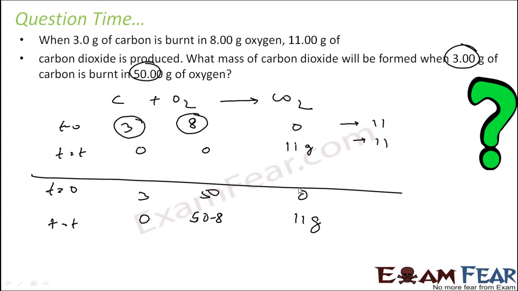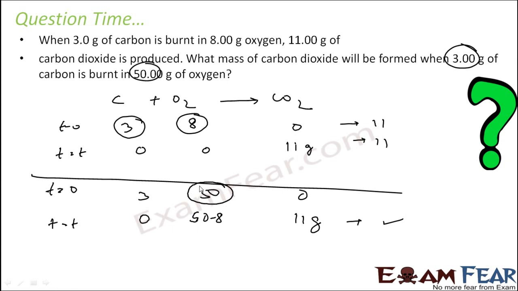So the question is, what is the mass of carbon dioxide produced? So here also 11 gram of carbon dioxide will be produced. Only 8 gram will be used. And here also law of conservation of mass, if you see, at T is equal to 0 we had 53 grams. At T is equal to T we will have 42 plus 11, 53 grams. But note that if you provide excess oxygen, all the oxygen will not be used, it will be unused. So when you burn a matchstick, all the oxygen on the earth doesn't vanish. Only the oxygen required to burn that matchstick is used. The remaining oxygen is still in air.